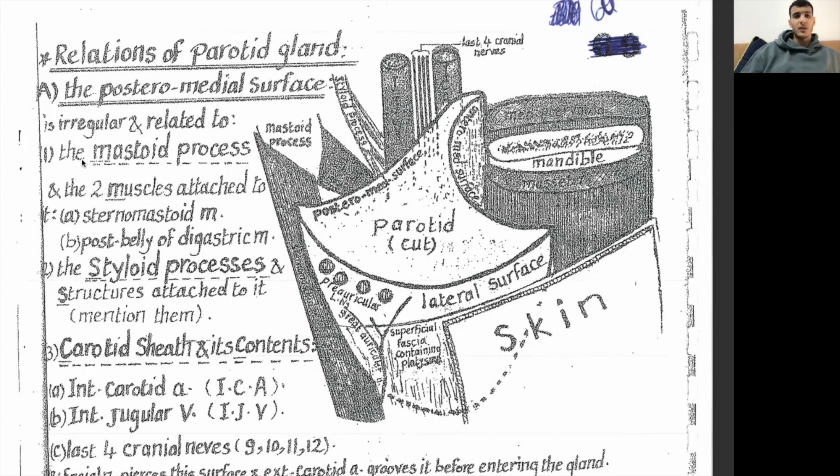So the posteromedial surface is irregular and related to the mastoid process, which has the sternocleidomastoid muscle attached to it, and the posterior belly of the digastric muscle. Okay, so digastric muscle, sternocleidomastoid muscle. And then also it is in close relations with the styloid process right here, and the structures attached to it are, I think, the